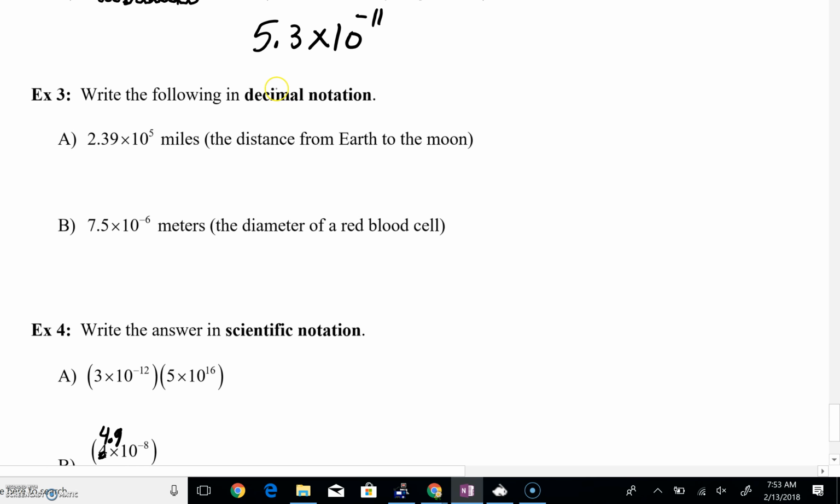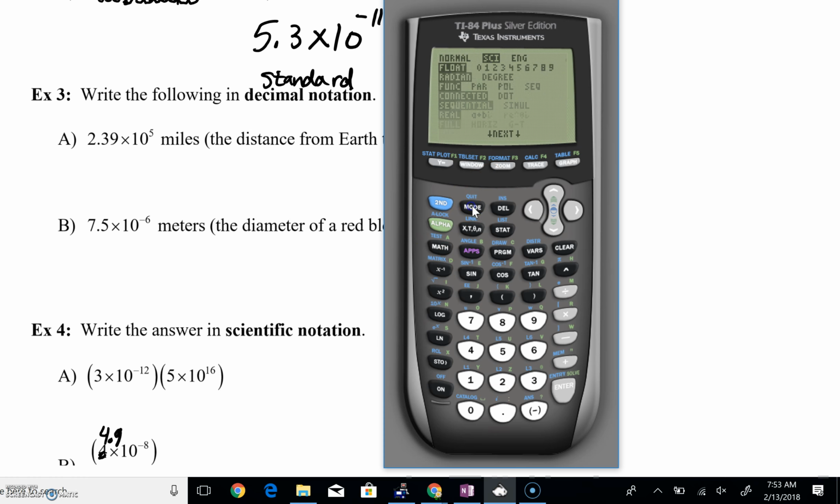Now, I believe in ALEKS, the next problems are actually going to say go to standard notation. Decimal notation and standard notation are one and the same. But of course, what you can do, guys, is convert back to standard or normal. I pressed mode, hit enter, and you could real quickly just say 2.39 times 10 to the 5th,